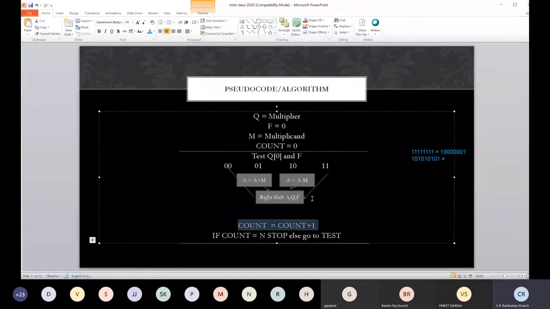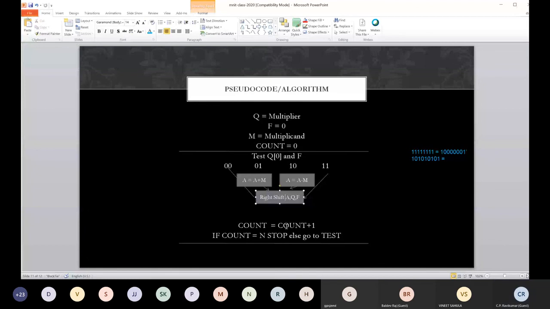So maybe this one we can avoid. But you will need one comparison plus one addition plus one shift plus one more comparison.